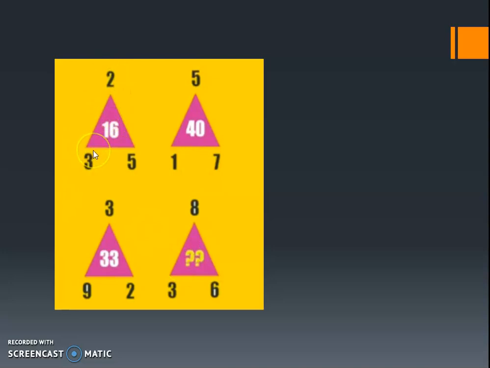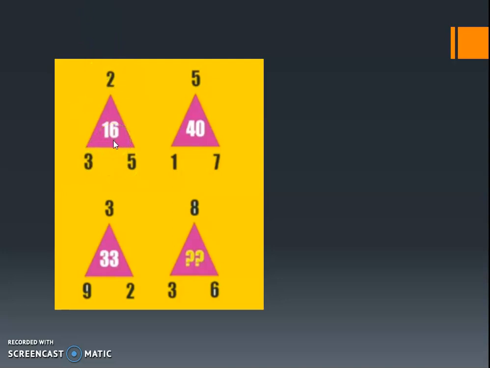So now here I am going to check. 2 plus 3, 5. 5 plus 5, 10. So it is not there. And again 2 plus 3, it is 5. 5 into 5, it is 15. So that is also not coming, right? Correct or not? So I'm going to check 3 into 5. If I am doing multiplication of this, 15 came already. So that is also not possible. So what I am going to do is 3 plus 5. It is 8. 8 into 2, 16.